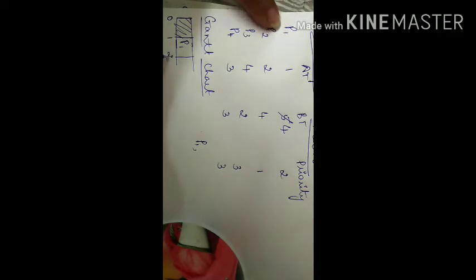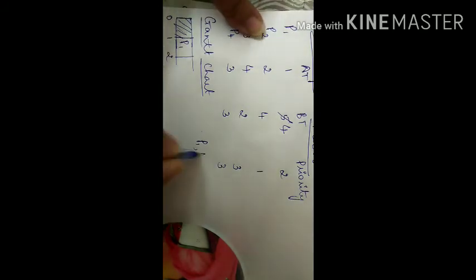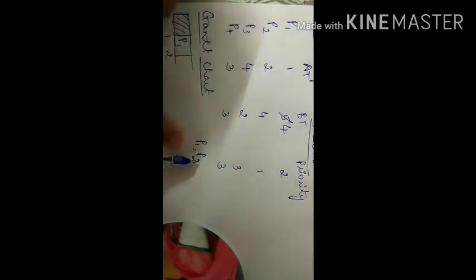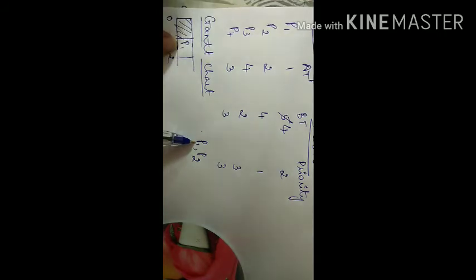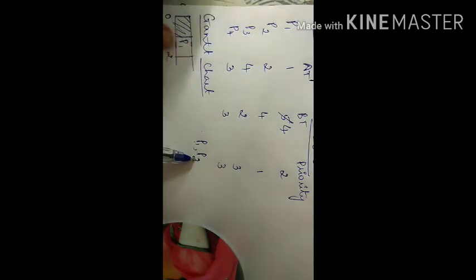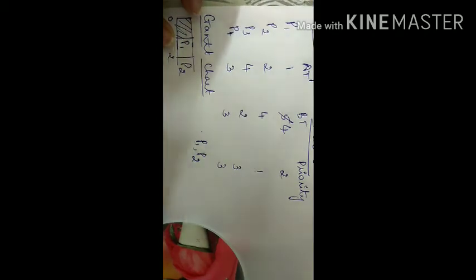So at 2 milliseconds, again we are going to check, are there any other processes which are in the ready queue? Yes. At 2 milliseconds, P2 is also arriving. That's why put it in the ready queue. Now we are going to compare P2's priority number with P1's priority number because P1 is already executing, right? P2 with P1. P2 has the highest priority than P1. That's why P2 will be scheduled next.